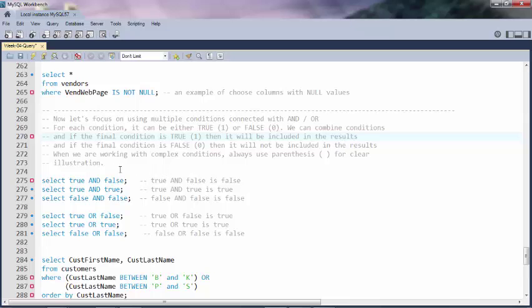When we are working with complex conditions, always use parentheses for clear illustration. And first,